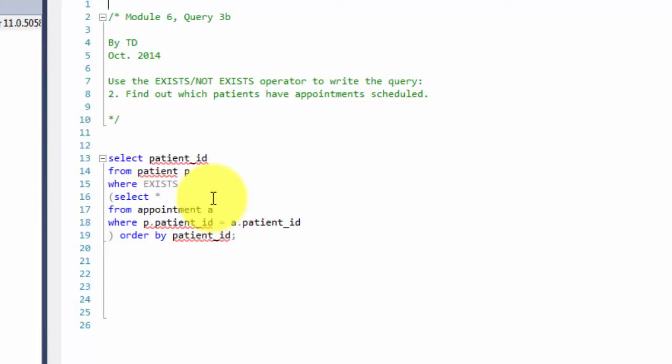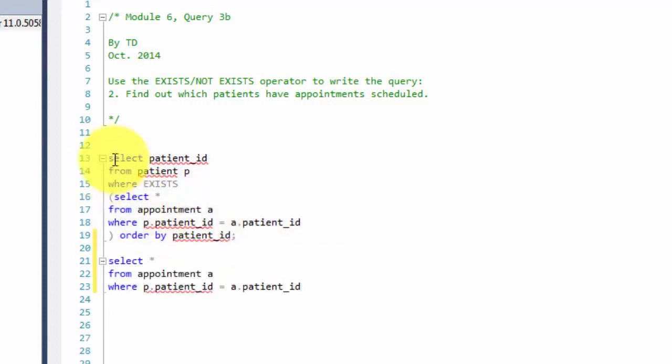This works the same way as the previous example, except of course we're using exists instead of not exists. So for each patient, the query is going to go through and execute the subquery. In this case, if the subquery returns a result for that patient, then an appointment exists for that patient. Otherwise, the appointment does not exist. So running this subquery by itself, for patient 1040,